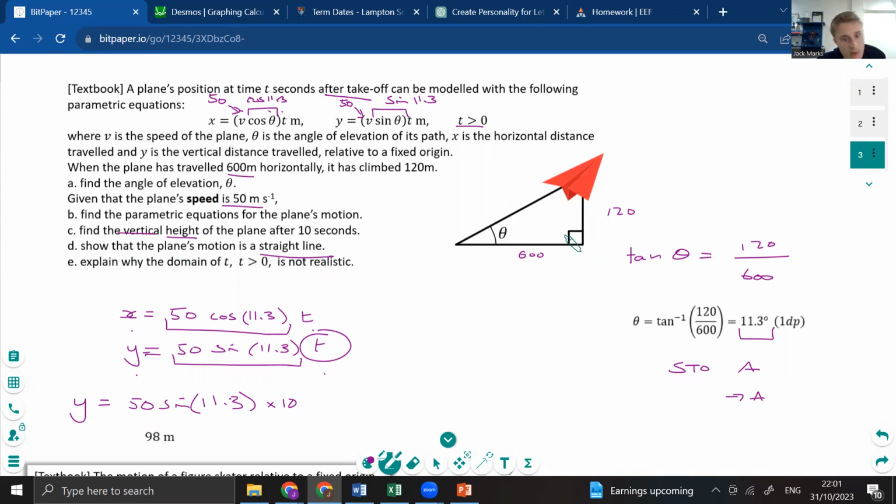Well, one way that we might want to do it is we could try making it a Cartesian equation. So we could try eliminating the t bit, and we could see with the y's and the x's perhaps what's going on. So that would be a good way for us to do it. Now, what's going to be the best way for us to do that? Well, substitution. We should try substitution first. So I'm going to try and keep the y equals bit, which means I'm going to play around with the top line. I'm going to rearrange the top line. So I'm going to say t equals